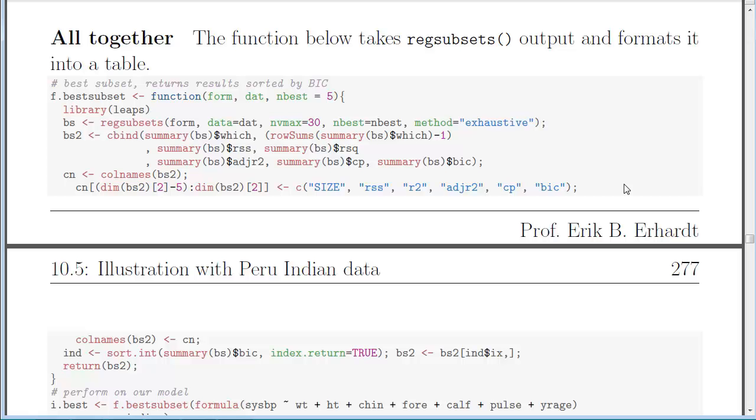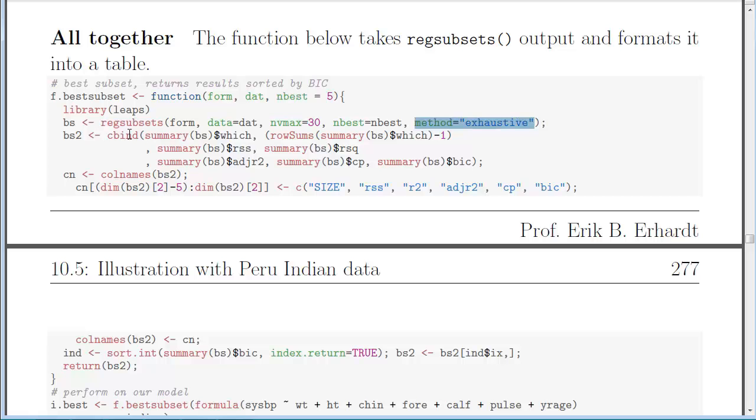I have written a function that allows us to put everything together, all the different criteria for model selection, and it's called f.bestSubset. I've defined it as a function. It takes a formula, a data set, and how many best models of a certain size it will report back. So I load the library leaps in this function, and I do the regsubsets, and we're going to do an exhaustive search, meaning we're going to look at all possible models if we can,